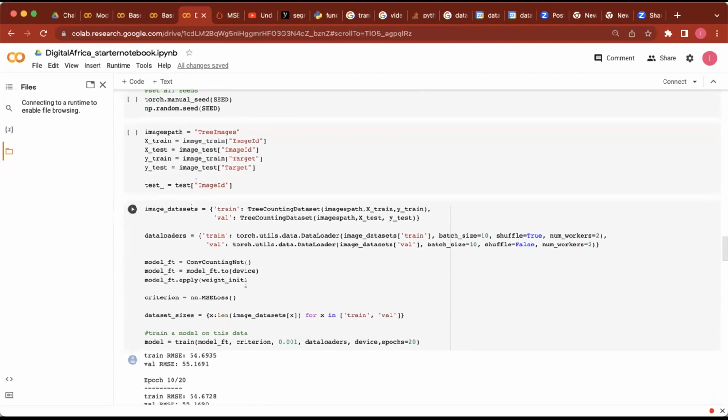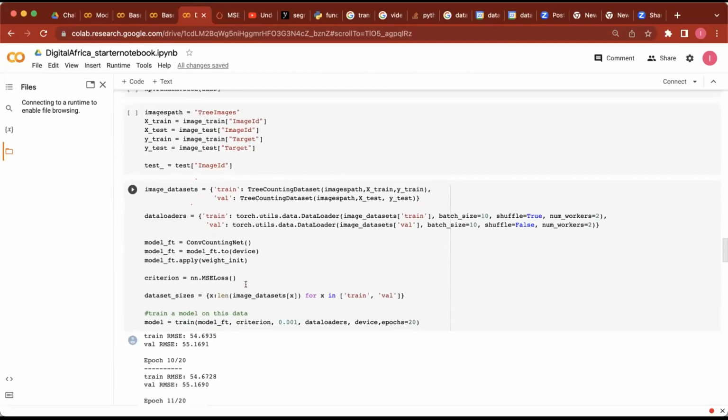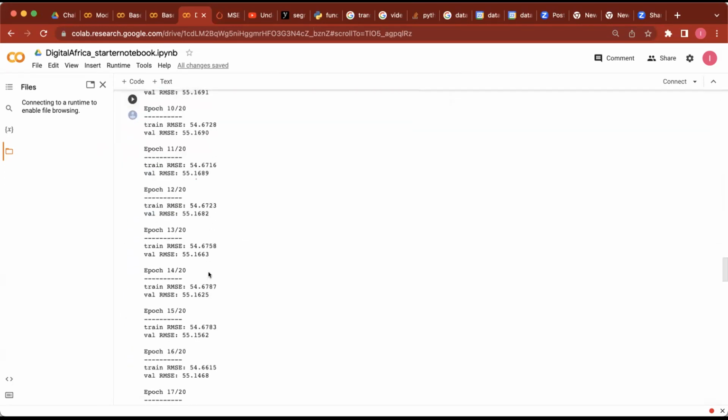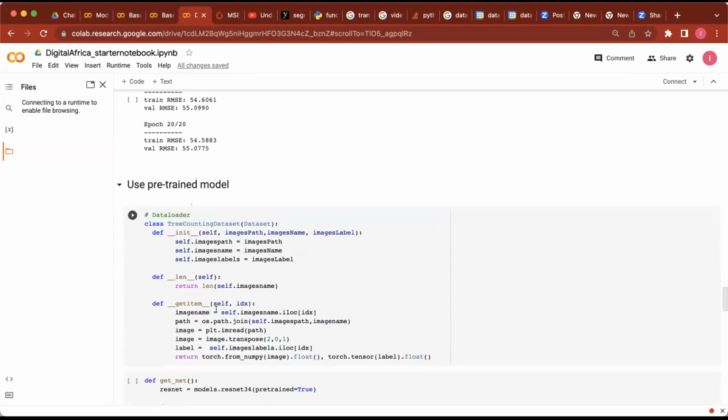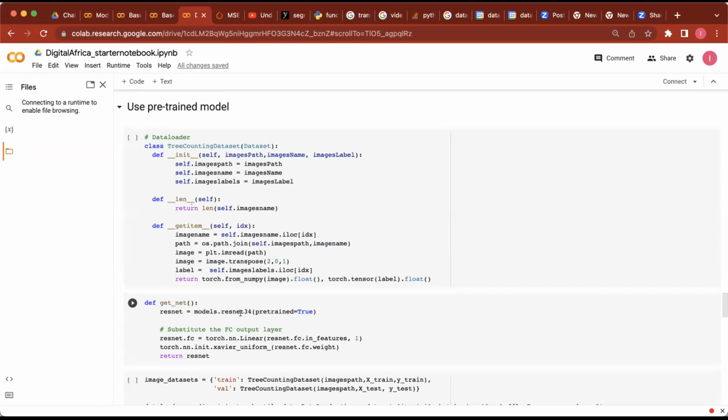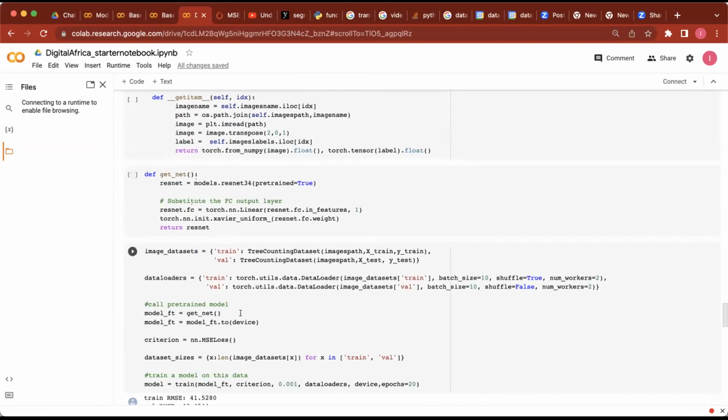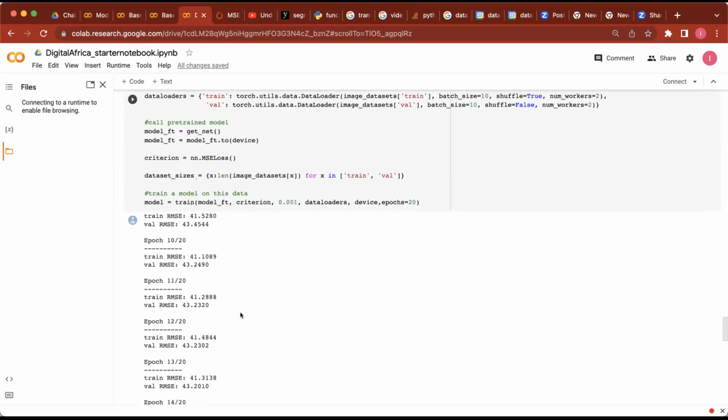After that, we train our different models. For the first model that we have created, there are different RMSE values. After this model, we created another model based on the ResNet model that we have fine-tuned. We can note at this point that the ResNet model is better than the simple linear network that we have created.